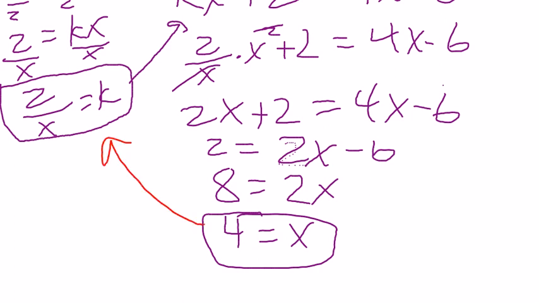So I can take that and substitute back in to find k, to get k equals 2 over 4, which is 1/2. So that tells me that my function